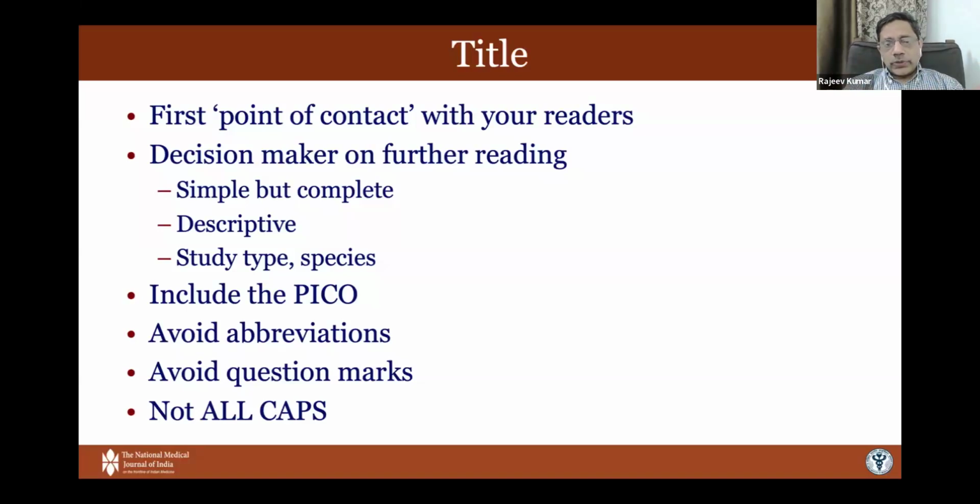And finally, the outcomes. What were you studying? So we studied the acceptance rate. How many of them accept a donation? How many accept a multi-organ donation? Whatever you are assessing is the outcome. So typically your title will give some idea of what your study is all about. Practical tips: don't use abbreviations in the title unless the abbreviation is widely known. So if you're using HIV, it's fine. If you're saying AIDS, it's fine. If you're using an abbreviation that's not as common as that, it's best not to use an abbreviation in a title.